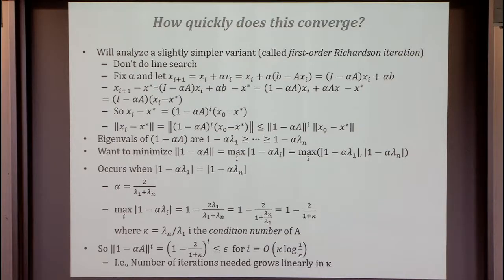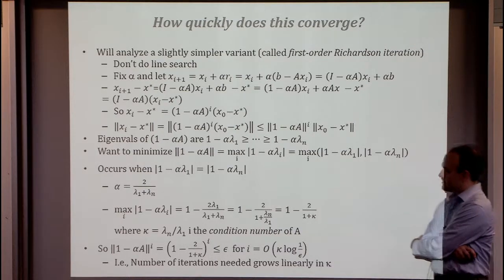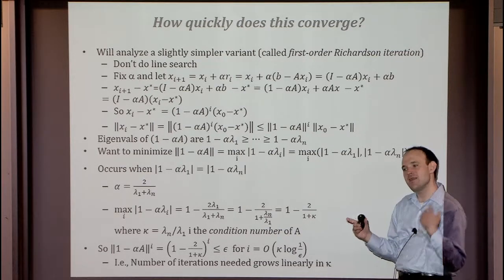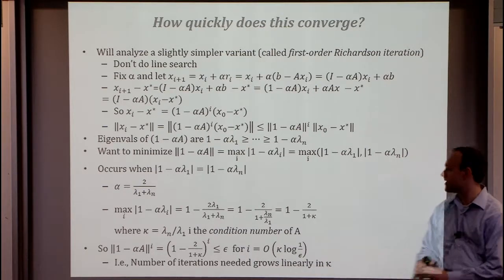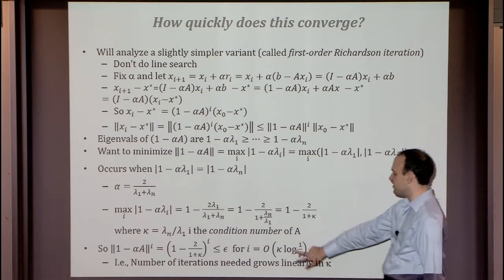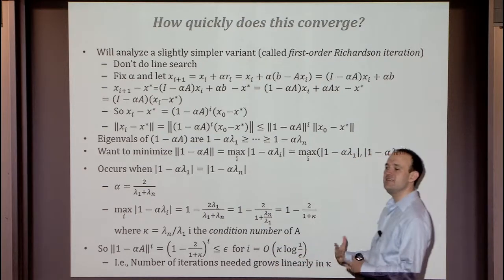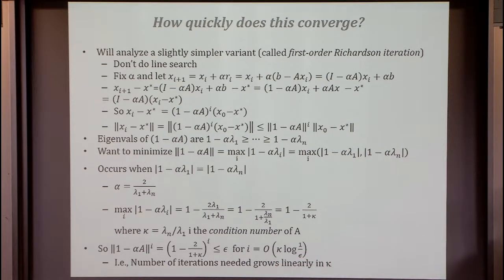So what this tells you is that in particular, this algorithm actually does have an analyzable bound, and it's not a terrible one. It says that once we put this all together, if I correctly choose my alpha, I can get this to converge in a number of iterations that grows linearly with kappa, with the condition number of the matrix. And so the main takeaway points are that this works, and that the important parameter that dictated the numerical properties was the ratio of the biggest to smallest eigenvalues.